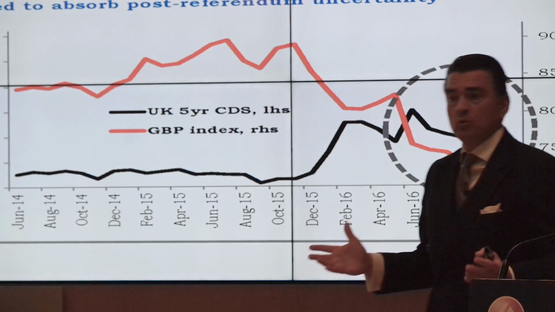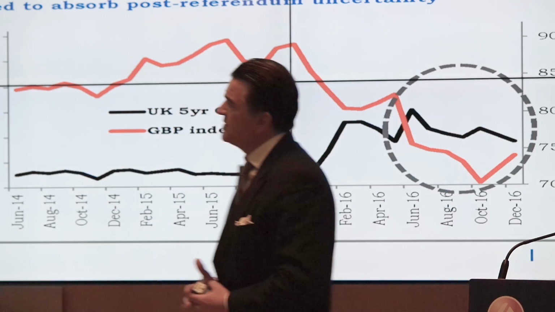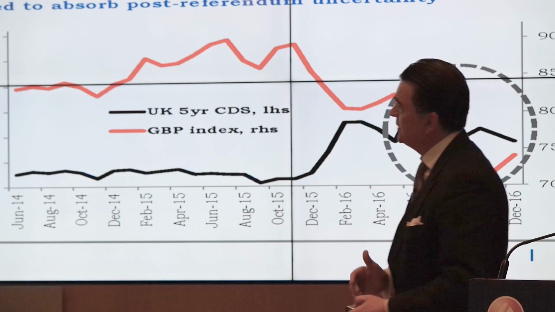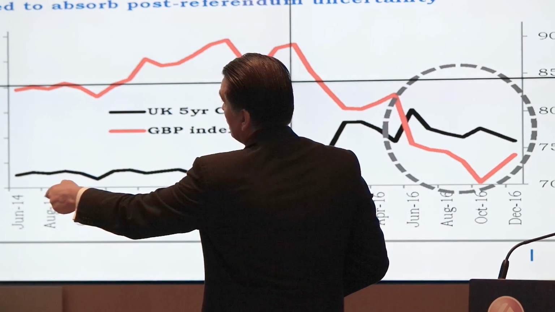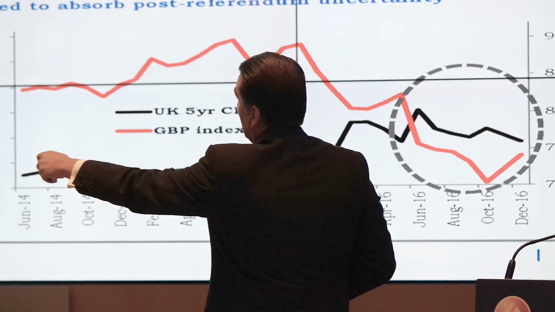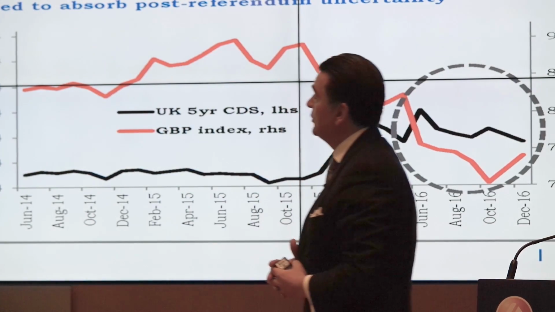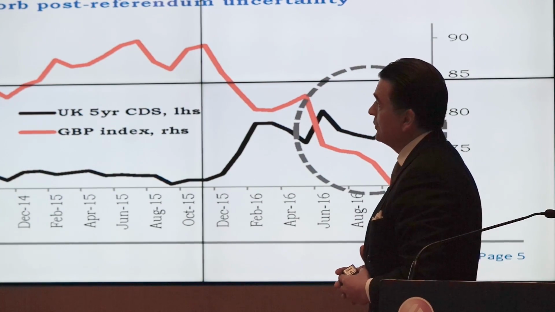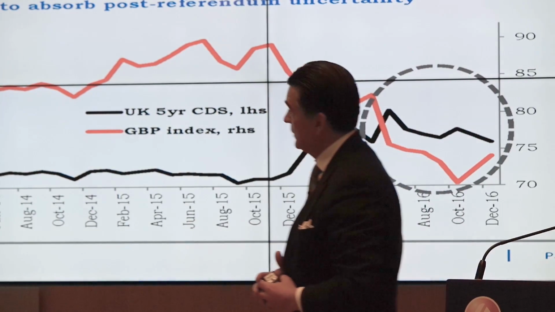It is true that initial expectations for a slowdown in the UK economy after the Brexit referendum proved overly pessimistic. The UK economy performed impressively well during the second half of 2016. As you may see on the chart on the left-hand side, looking at these bars, UK GDP grew by 0.5% on a quarter-on-quarter seasonally adjusted basis in the third quarter of 2016, and by 0.7% in the last quarter of 2016.